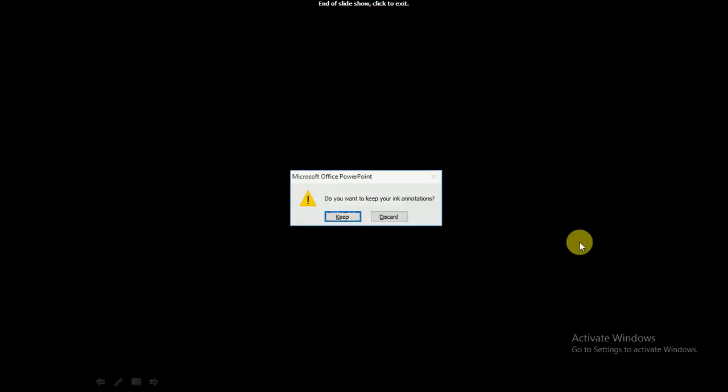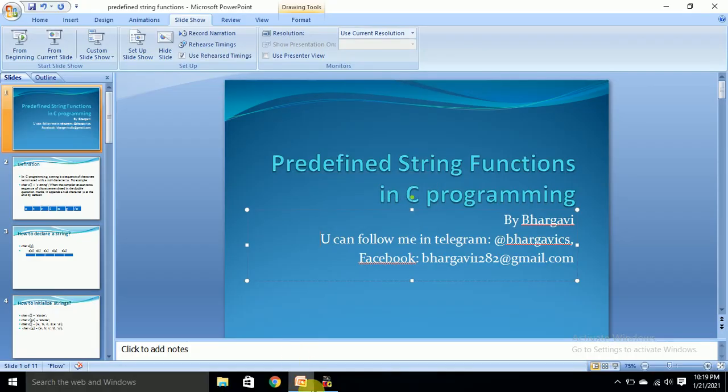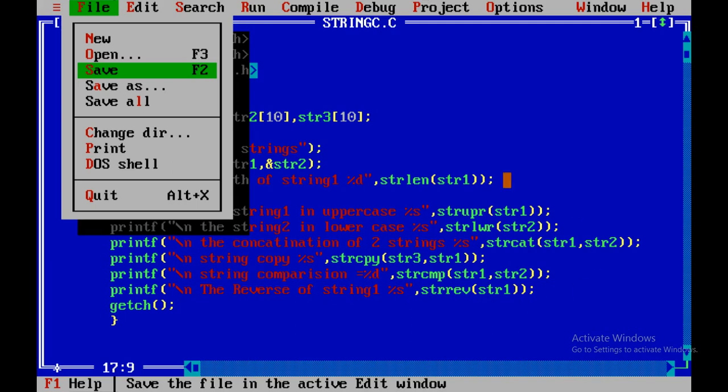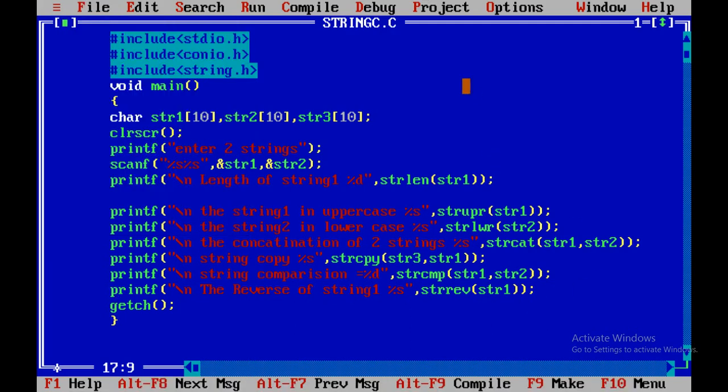Now next we'll see a program on all string functions together. I'm maximizing the window. Now look here, I have already written a program. I'm including stdio.h, conio.h normally.